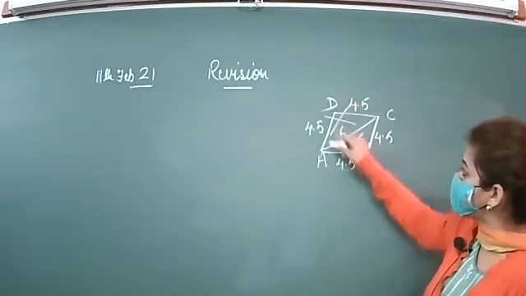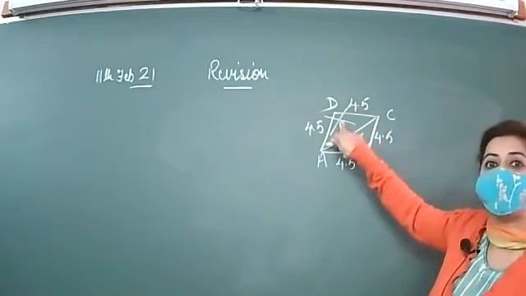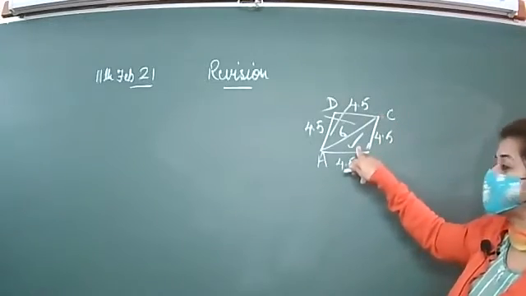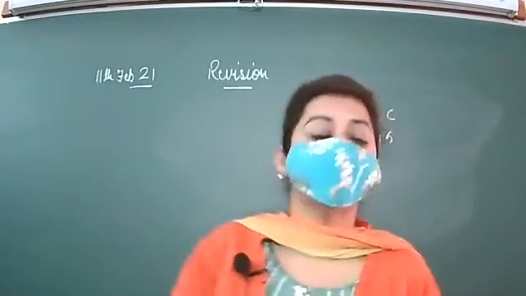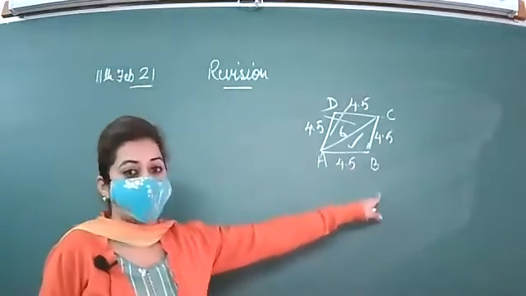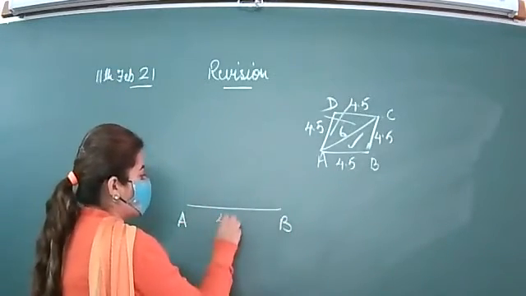So firstly you will construct this triangle ABC. Don't focus on this side. Firstly you will draw this triangle ABC. Then you will complete another triangle ADC. Got it? So start this triangle ABC first. For this, firstly you will draw the base, and the base of this is AB. AB you have drawn. This is your 4.5.